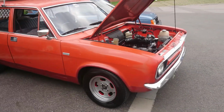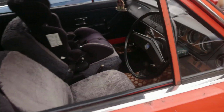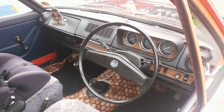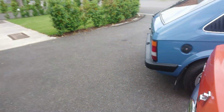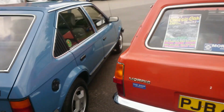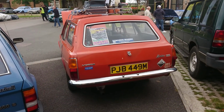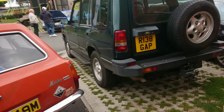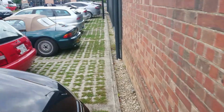Obviously some sills have had some work, it's an old Marina, what do you expect? Got the original style dashboard that doesn't have the funny radio facing away from the driver. We've even got a rev counter in here, very posh, and those stalks, yes, those stalks, so many other cars had them. That is fantastic, part of the Morris Marina Owners Club member tower register. Brilliant. Unfortunately, as usual, we can't talk about this Land Rover, so we're going to have to skip on down